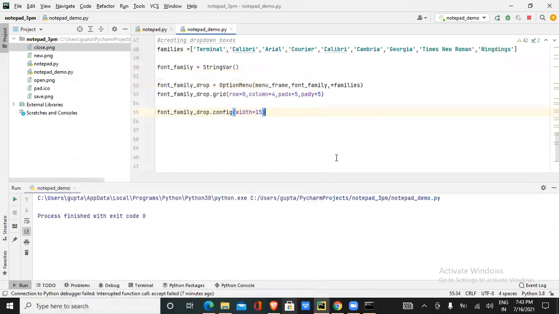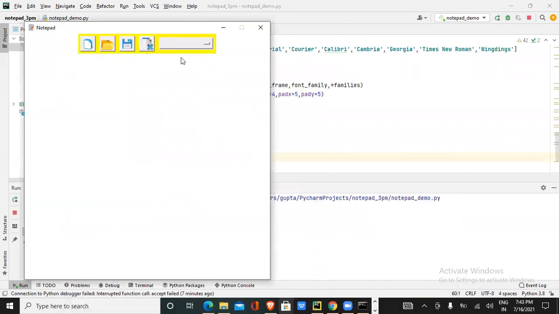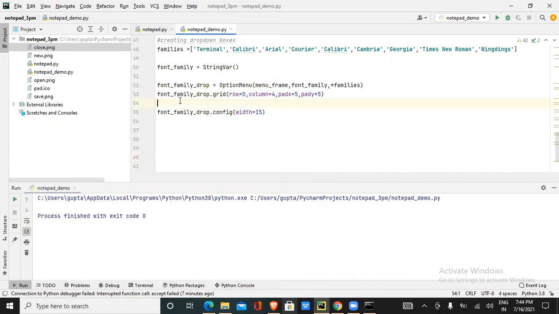Okay, now the thing here is, if I run the program, there should be a name for the drop-down box, right? There is no name for the drop-down box right now, but there should be a name so that the user can understand. So how can we pass the name? Right here, font family dot set. Set means giving a name. So what is the name?